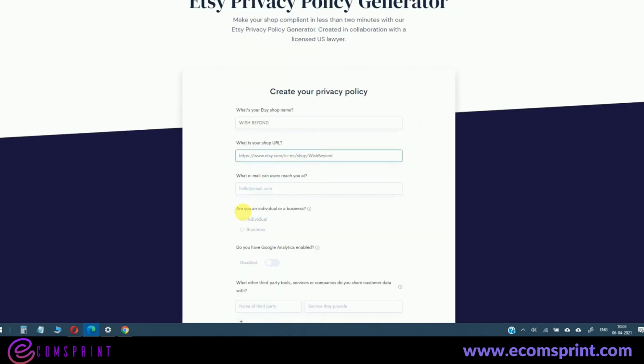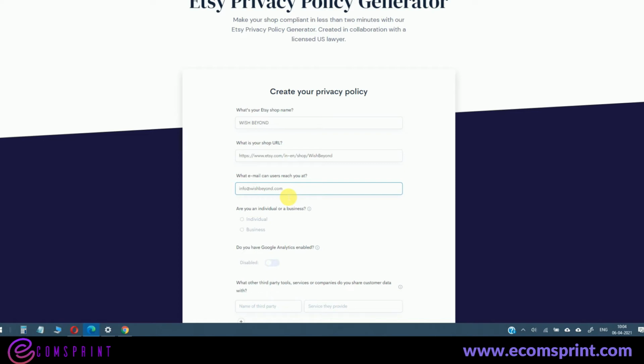Now, what email can users reach you at? My email ID is going to be wishinfo@this. Enter the email ID that you want your viewers to see so that they can contact you anytime. I always recommend you to use your business email ID over here. If you have one, it's well and good. Otherwise you can go for Gmail also.